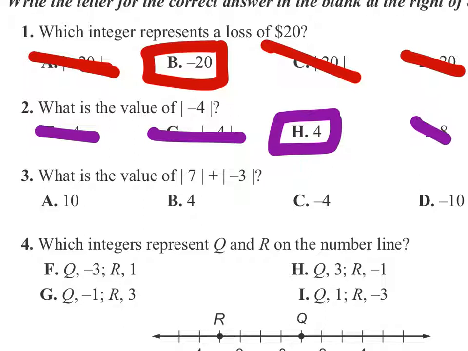Number 3. This one is including some operation. So the absolute value of 7 is? 7. That's pretty nice. The absolute value of negative 3 is? 3, because it's 3 away from 0. When we add these two, 7 plus 3, I get 10. I got 10, but what